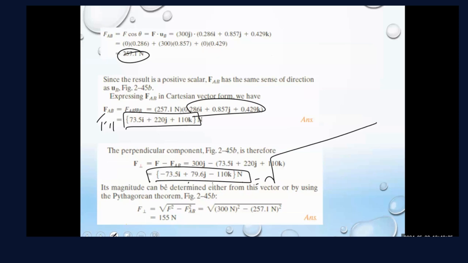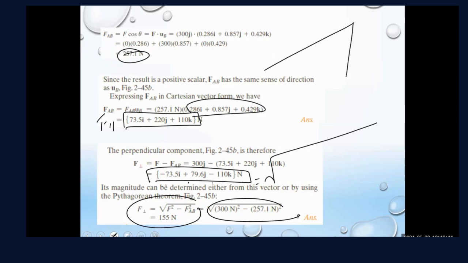Professor, for this one, we have to keep the minus, right? Which one? For the last one. Here in the Pythagoras? Yes, here. Because here you're not calculating the magnitude. This is not a magnitude. This is Pythagoras. It's like this, that you have this 300, this side, you have this side 257. And let's say this side you don't know, this is x, right? So you say like this, 300 squared, the hypotenuse, is equal to 257 squared plus x squared. And then when you take it on the other